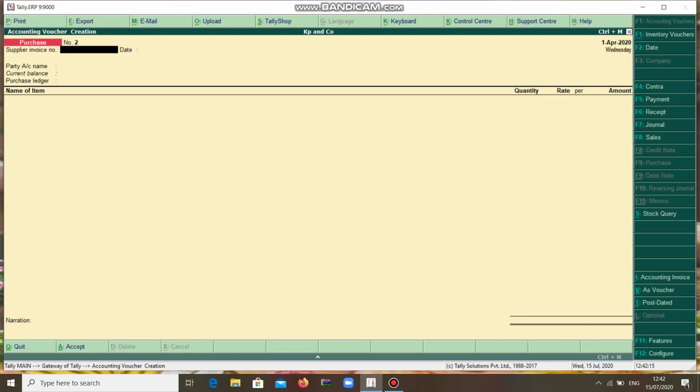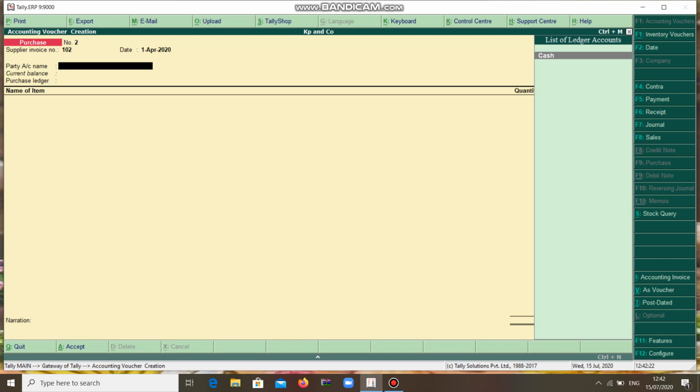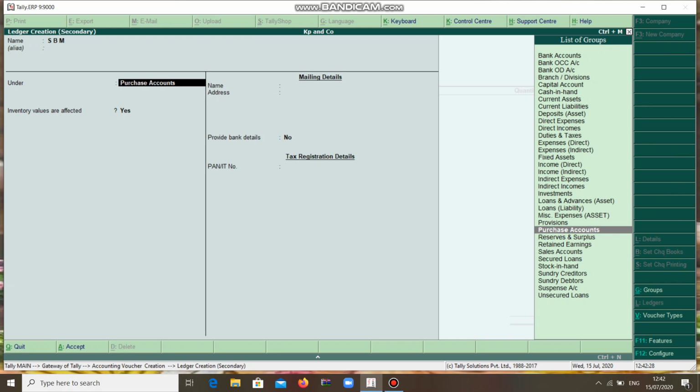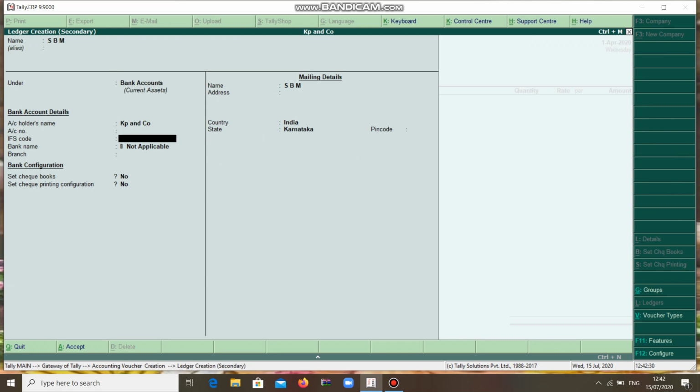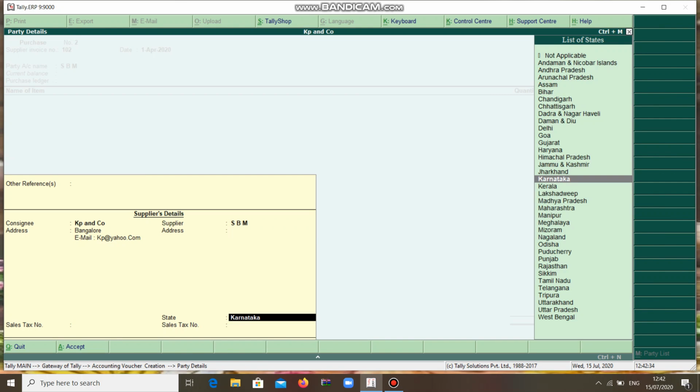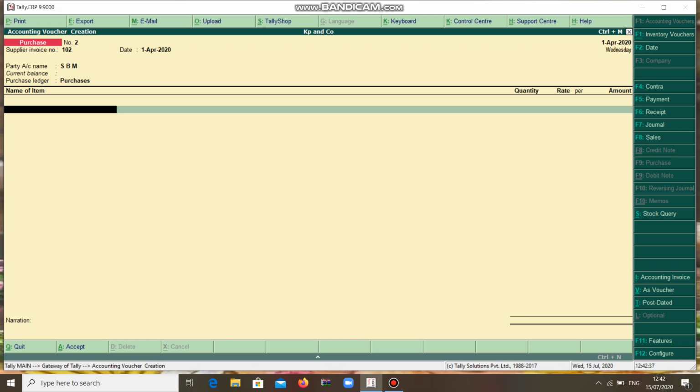One is over. Now if you are purchasing the goods through check, the purchase invoice number you can give 102, then party account name. Here I am purchasing through check, so I am giving the name of the bank. It comes under SBM, under bank account. The purchases ledger is already there, so I select the same.